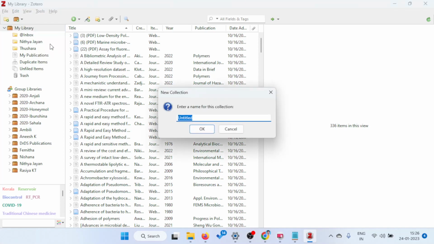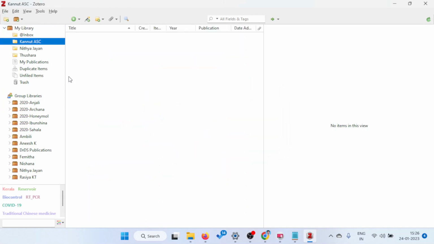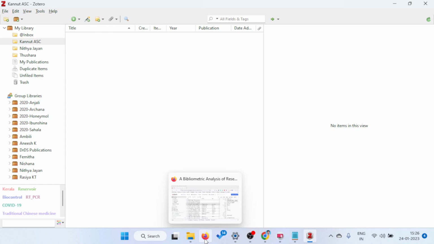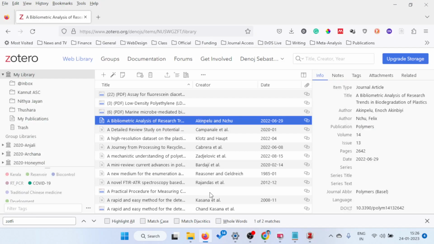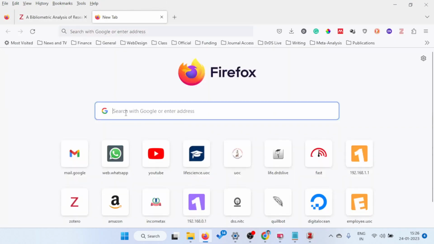For example, I am creating a library with Kannur ASC. I am creating a new collection with the name Kannur ASC. By highlighting this one, and it's just like a new folder, I can create the references here. Now, maybe I'm interested in downloading some references on the COVID-19 pandemic, for example,